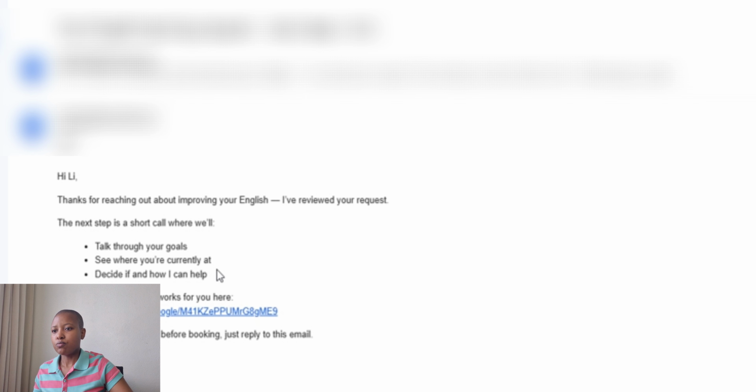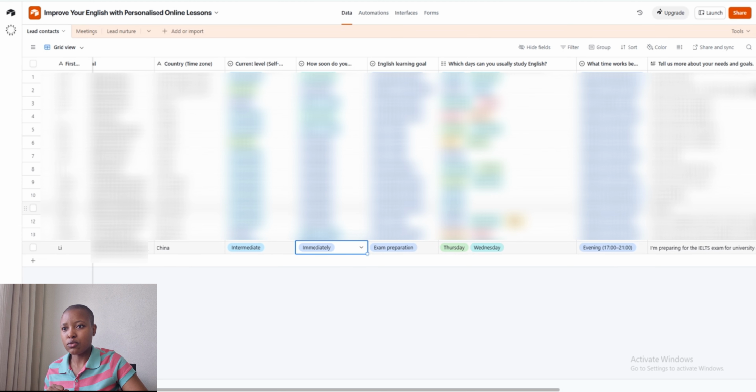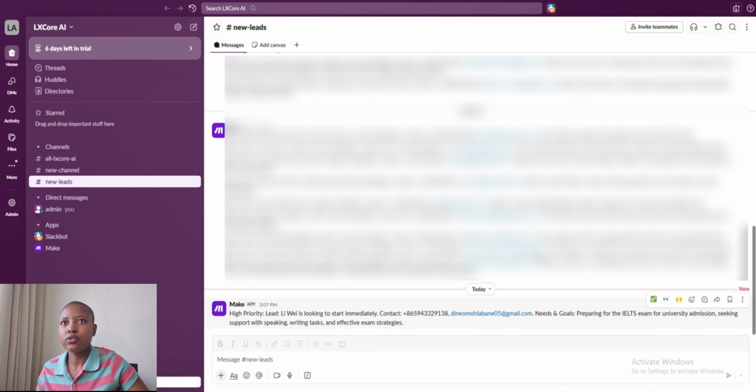Now, at the same time, when this happens in Airtable, we see that the lead has now been updated. Rather, the lead status has been updated to booking link has been sent. So at any point, we know where exactly the lead is in the process. Then we go on to the internal notification system,